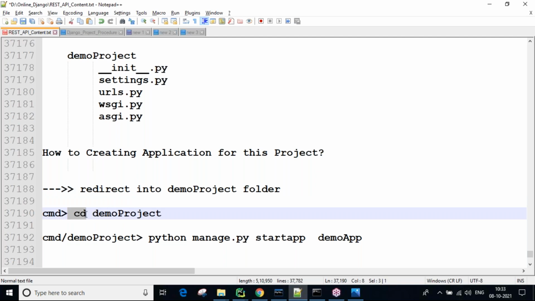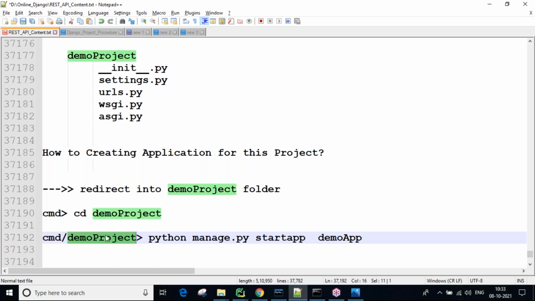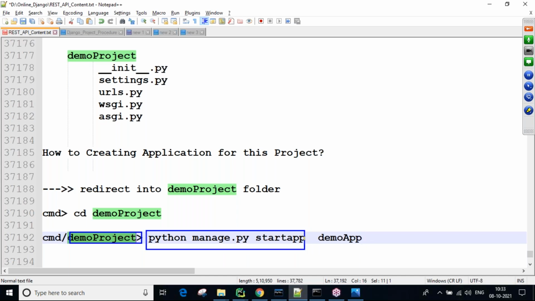Using the cd (change directory) command, we change the directory into the demo project. Right now our cursor is in the demo project, where the manage.py file is available. Here we execute this command: python manage.py startapp followed by the app name. Whatever you want, you can take it as the app name.